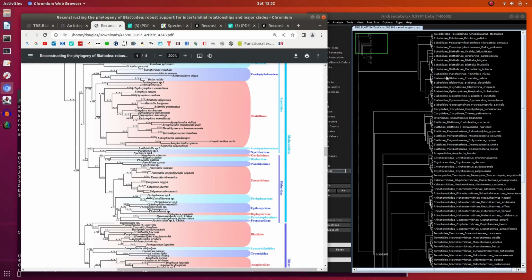Instead they're using, for example, the subfamily names here. And what else we've got? Blattodea, Ectobiidae here,